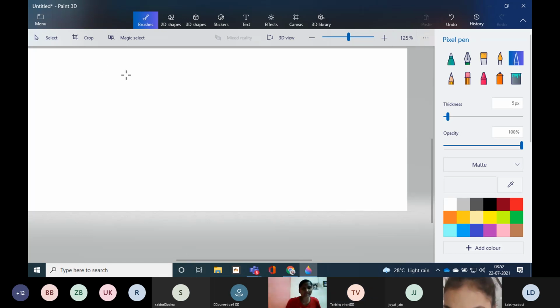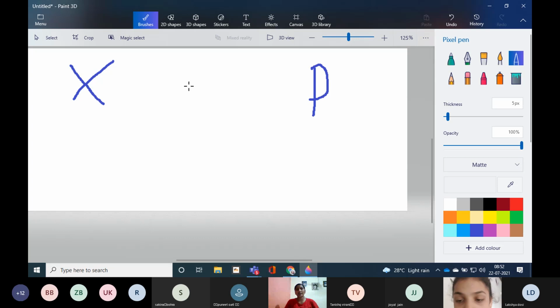Actually, I'll tell you the main difference between both of them. Take X as xylem and P as phloem, right? Xylem and phloem are nothing but the tissues present in the plant. You must have studied that an organism's body starts as a single cell. Initially, we start life as a single cell. Then these cells form masses of cells which are known as tissues.